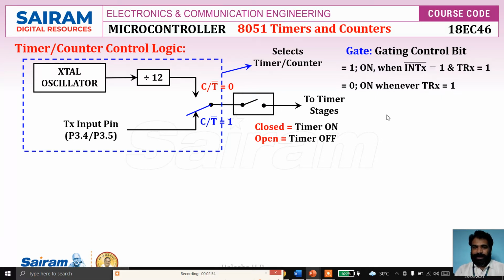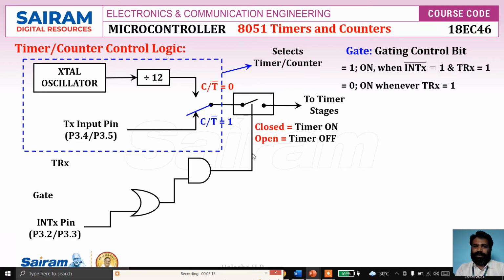So let's derive the logic to make the timer on or off. Timer on or off depends on three things: TRX, gate, and INTX, the interrupt pin. So this is the logic. First, gate is equal to 1, which depends on INTX and TRX. See, if this INTX pin is 1, whatever the other input may be,